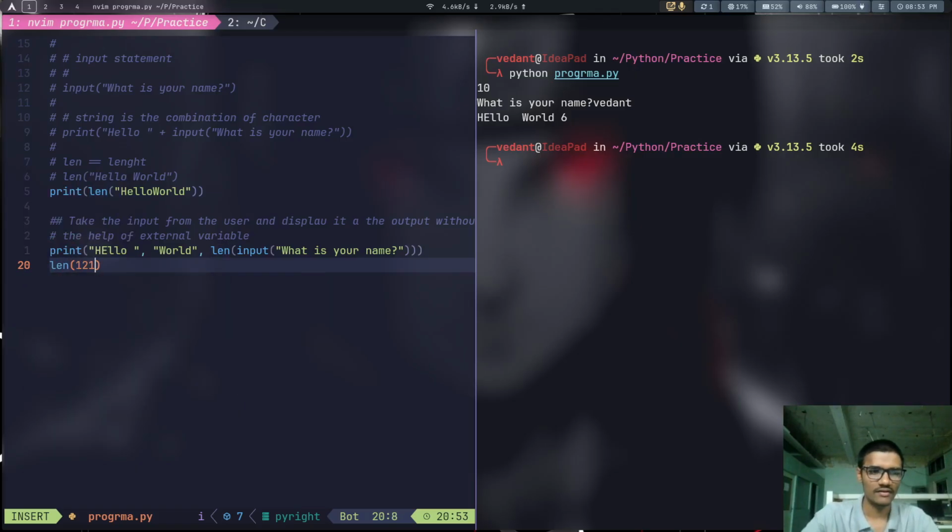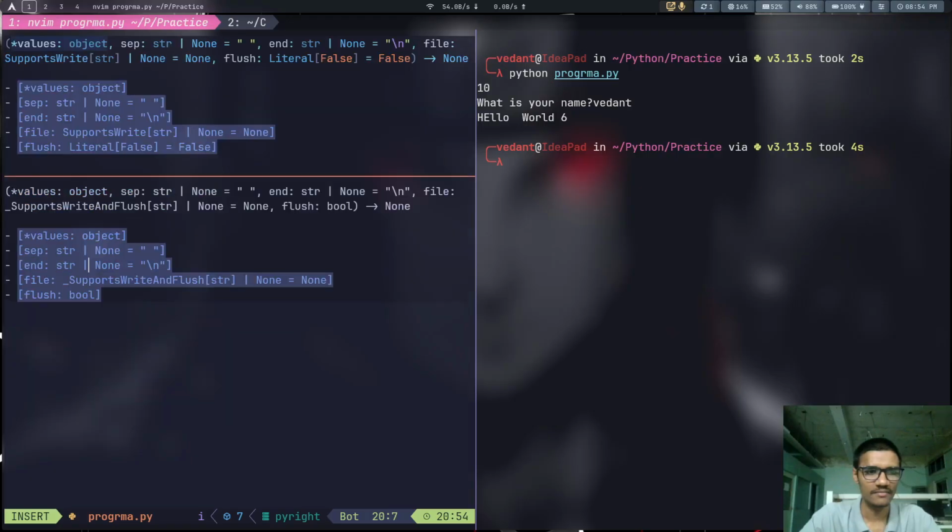If I type 121 here, it says the argument cannot be assigned, because len is specially designed for strings. If I give it quotation marks, it will provide us with the output. Let's initiate the print statement here.